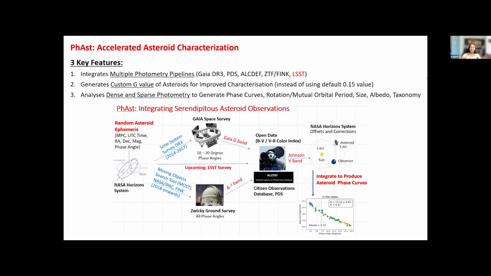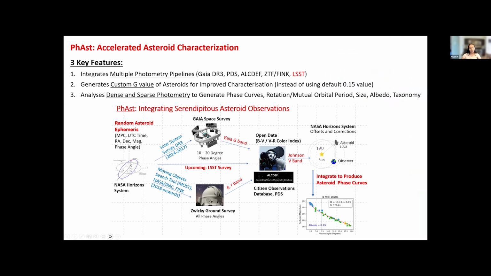So here are 3 main key features of my PhAst algorithm. First, it integrates data from multiple photometry pipelines, including those run by citizen scientists and those from professional observatories. Second, my algorithm creates phase curves, which allows it to generate customized g-values for improved characterization of these asteroids. Finally, it analyzes both dense and sparse photometry data to get phase curves and generate all the physical properties of